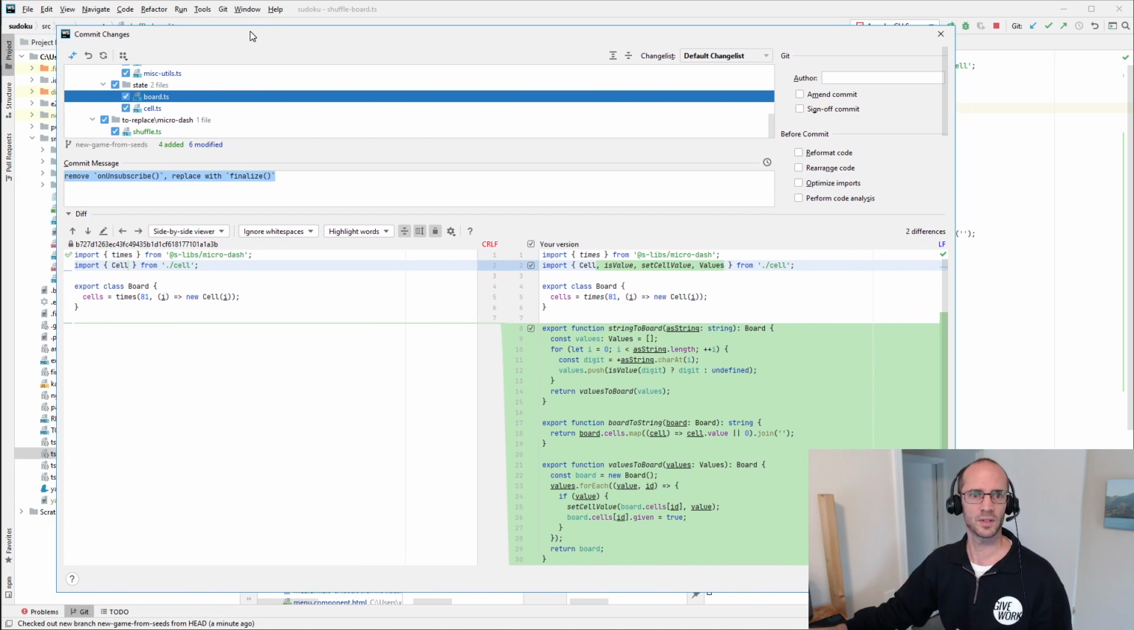I just noticed that I was a little off screen with my commit dialog. Sorry about that. Right, so we break it down into PRs, and then the PR is broken down into commits, of course. And so